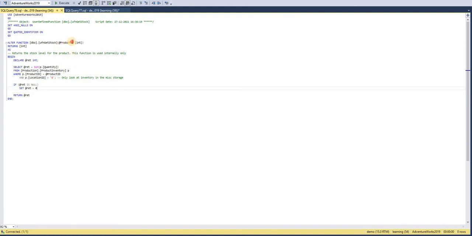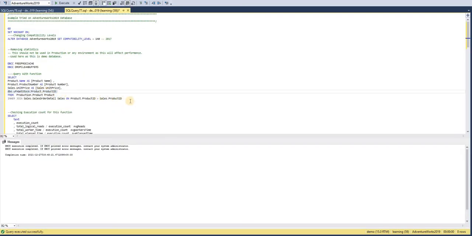So it accepts the parameter product ID, and from the product inventory table, depending upon the product ID and location ID, it is summing up the quantity. That's it, and returning that sum quantity as a single integer value. Okay, so let us run this. When I run this query,